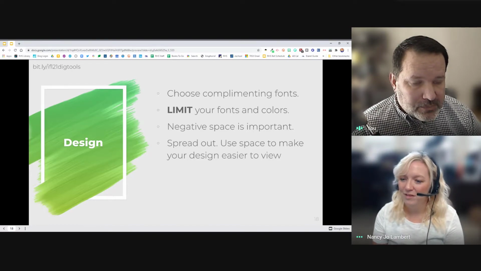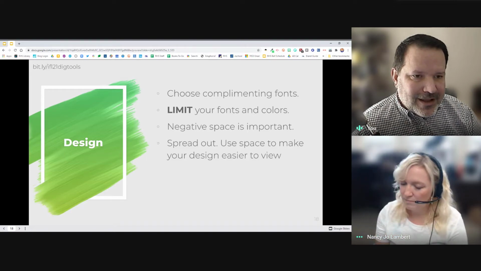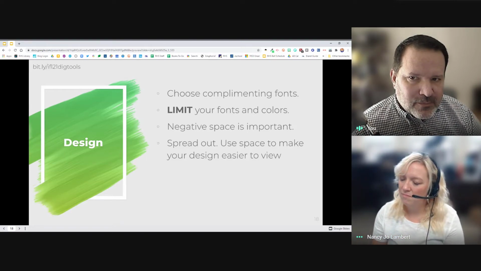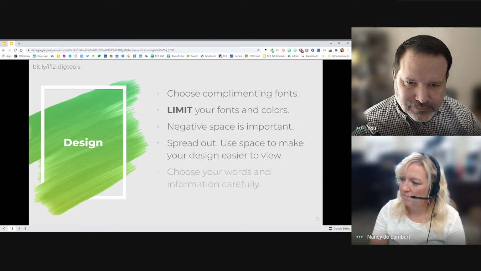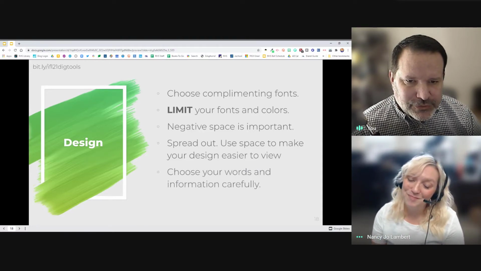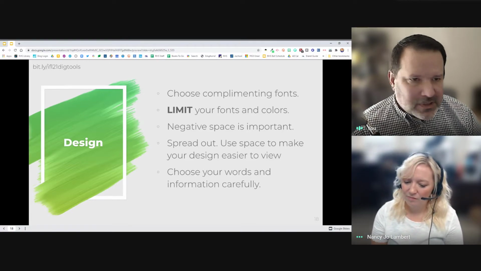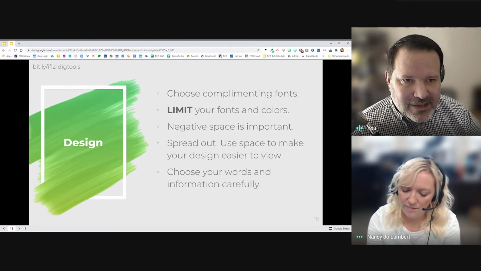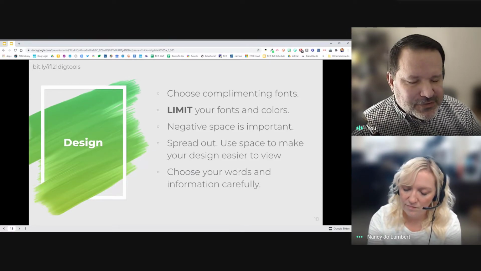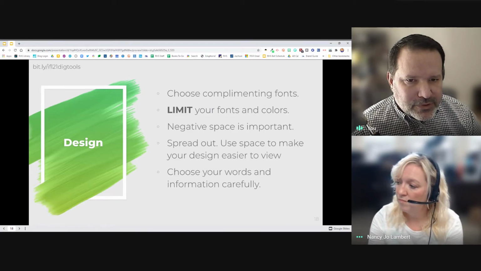And there's just one picture up on the slide and maybe one word, and then the person talks. I don't know, that just speaks to me a lot more than a slide with a paragraph written on there. And then just choosing your words carefully and the information that you share. Kind of like what I was just saying, the people that have presentations where they just have one main theme on the slide and then talk to that theme have a little bit more power than putting the whole paragraph down.